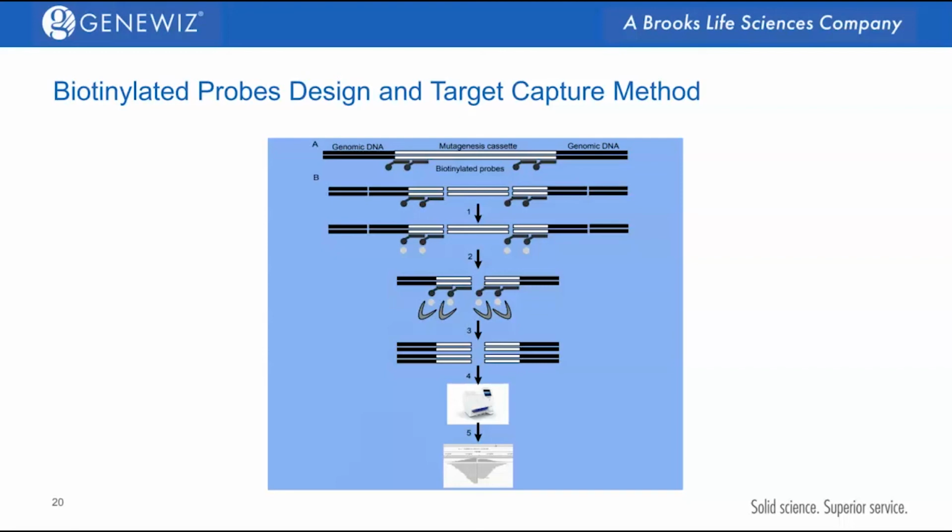That is the rest of the genome of the fungus, which is not going to give us any information about the insertion. And then after you enrich those reads that have part of your mutagenesis cassette and part of the genome, I used the Ion Torrent platform to sequence these reads. And when you map these reads onto the genome, it'll specifically let you know where your mutagenesis cassette inserted